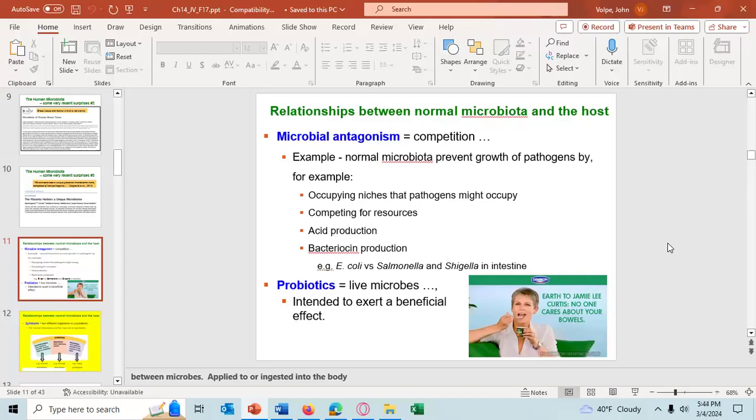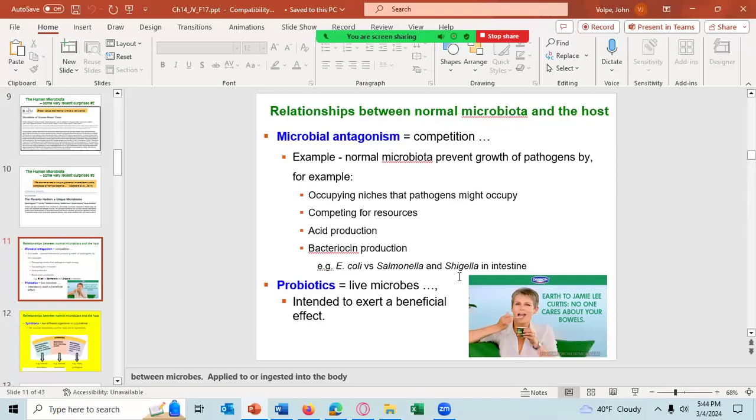Now, bacteriocins only inhibit the growth of microbes which are similar to the bacteria that made the E. coli. So an E. coli bacteriocin would inhibit the growth of Salmonella or Shigella, but it would not inhibit the growth of,